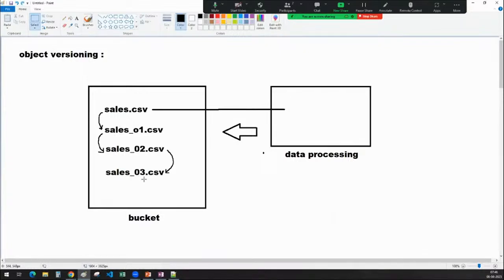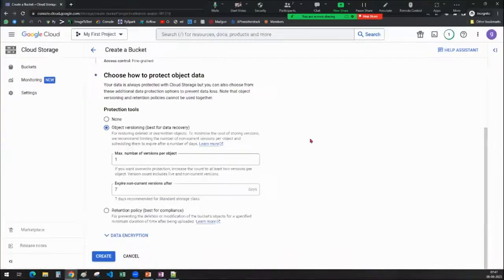But the question is, how many levels of object versioning can I have? Sir, I can go, for example, 1, 2, 3, up to 10. How many versions can I enable? That you can actually select here. So when you enable the object versioning, for restoring deleted or overwritten objects and to minimize the cost of storing the versions, we recommend limiting the number